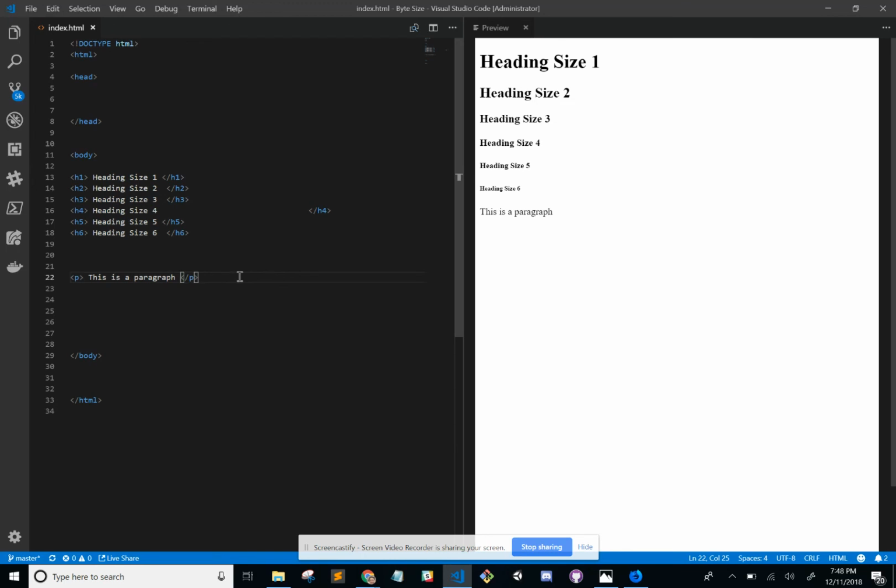So those are the two things I wanted to focus on tonight. Two of the components that can go inside of the body. The ones that are most often used are the headings and the paragraph. And that's all I'm going to focus on today, again, because these are